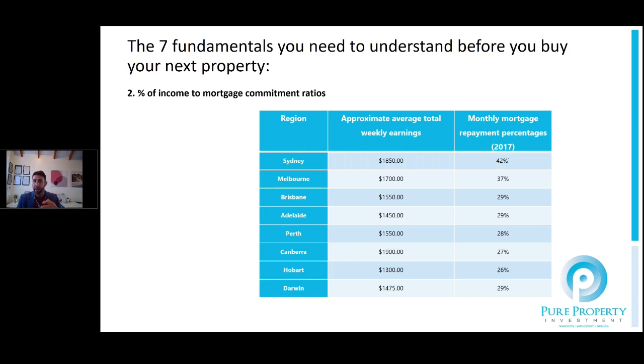Now, you might get a big tear, and you can see in this graph here that Sydney and, to a slightly lesser extent, Melbourne are sitting at around the mid-40s in Sydney's case and the high 30s, potentially up to the early 40s in certain markets in Melbourne's case, as far as a percent of mortgage commitments to household income.